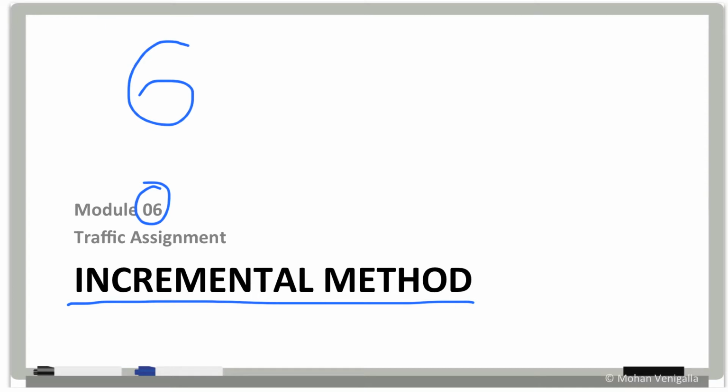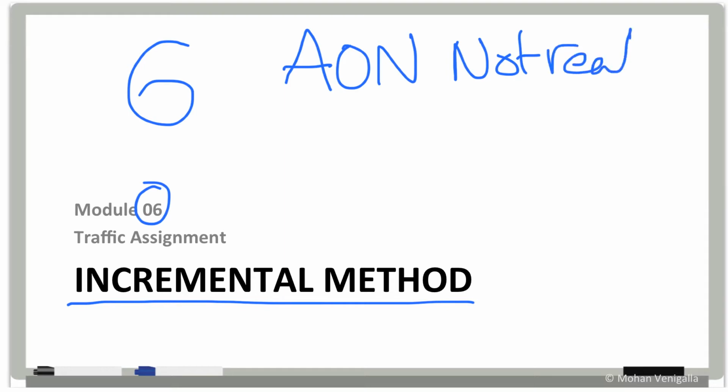By now, you should have been convinced about three things. Number one, all or nothing assignment is not realistic, because people are going to take more than one route. You may take the same route, but if you take a group of people, they may not take exactly the same route. So the second one we talked about is stochastic assignment